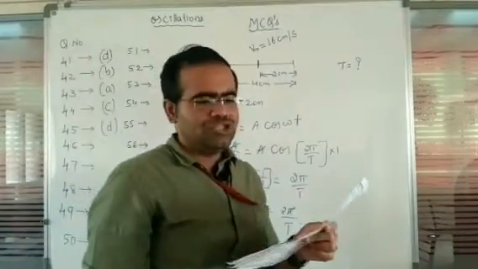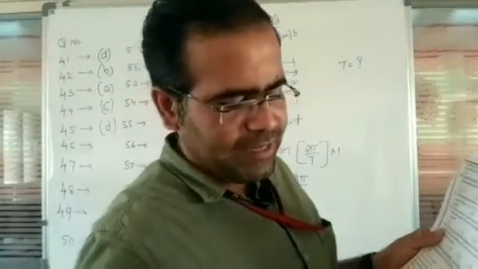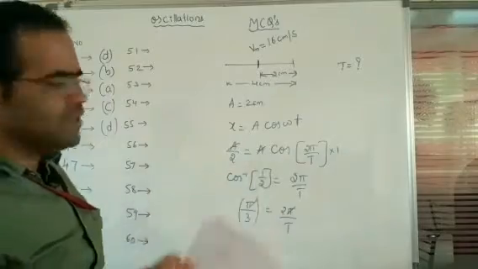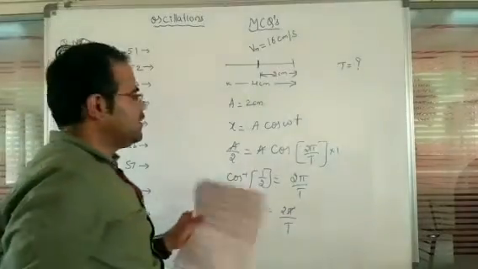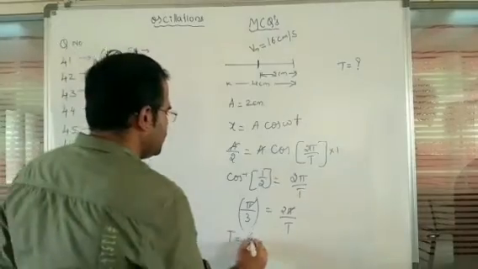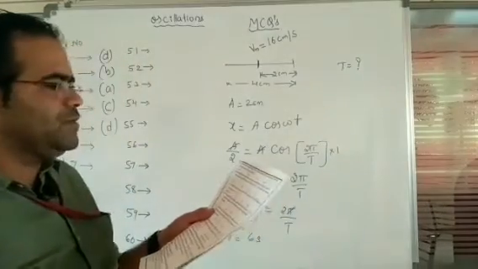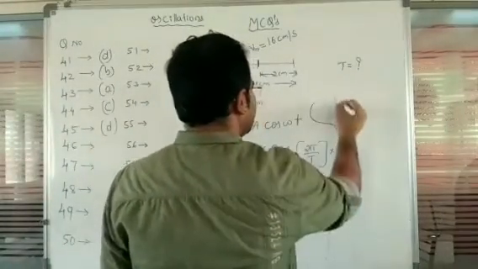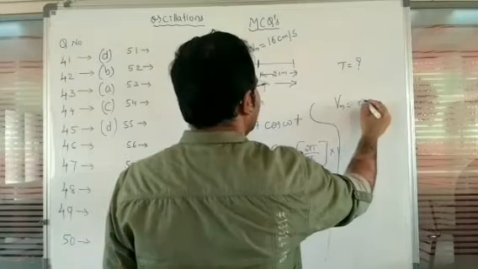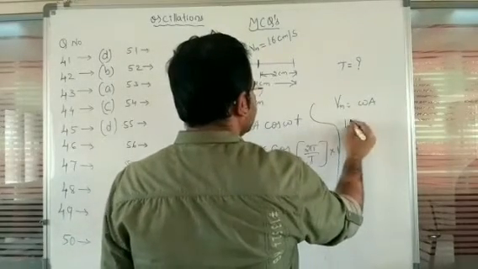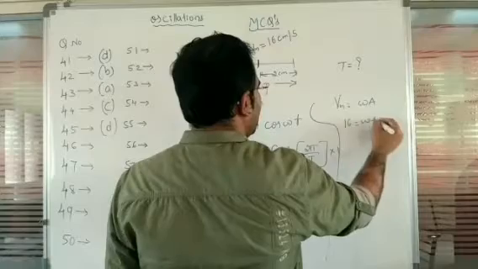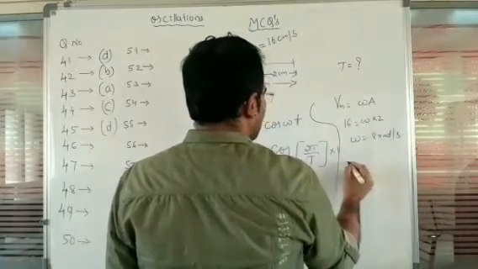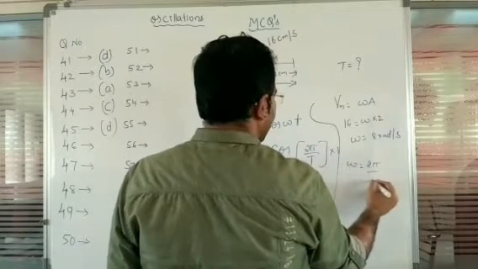So here question number 46. Here what we observe is that the maximum velocity is not mentioned. So it is the maximum velocity. From this we are going to observe 6 seconds, but the options are given in terms of pi values. We can alter the same equation like this also. So maximum velocity is omega into a, or 16 is equal to omega into 2. So omega is equal to 8 radians per second. Now omega is equal to 2 pi divided by capital T.